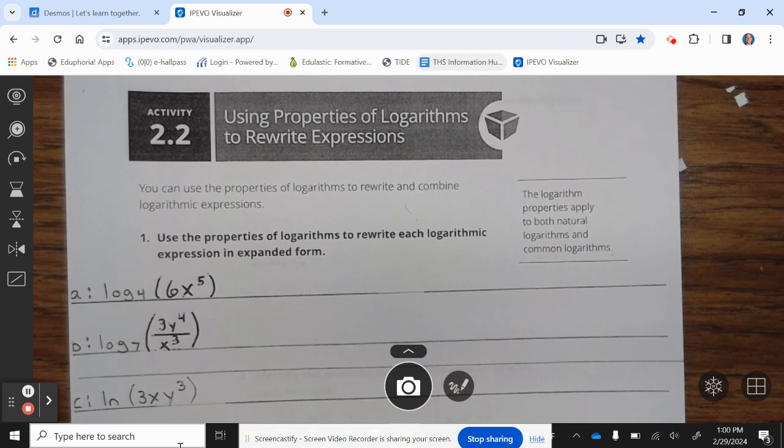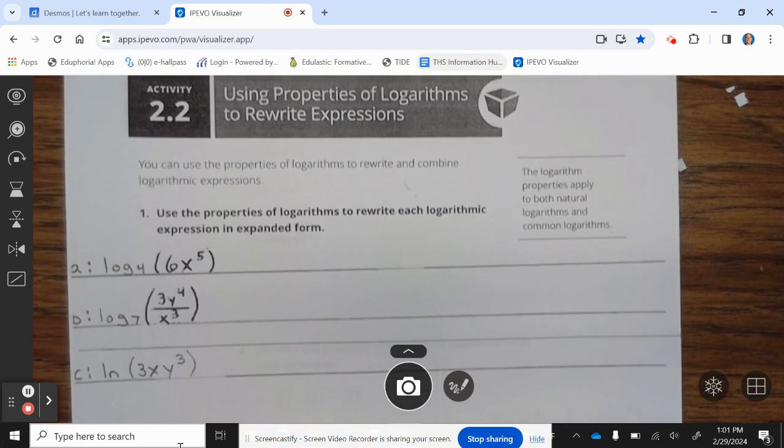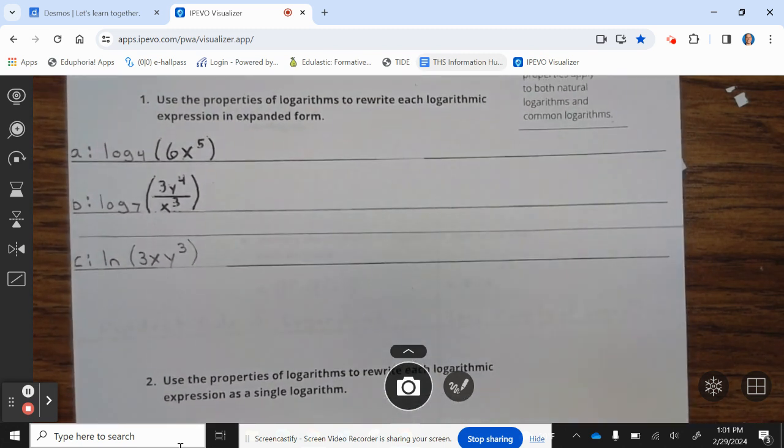Activity 2.2. Using properties of logarithms to rewrite expressions. You can use the properties of logarithms to rewrite and combine logarithmic expressions. 1. Use the properties of logarithms to rewrite each logarithmic expression in an expanded form. Okay, A